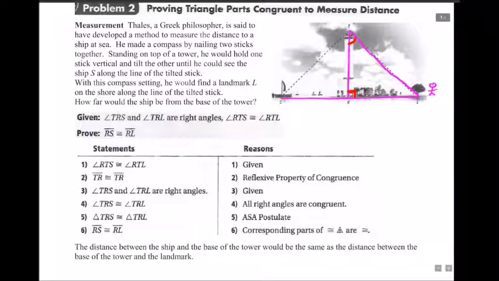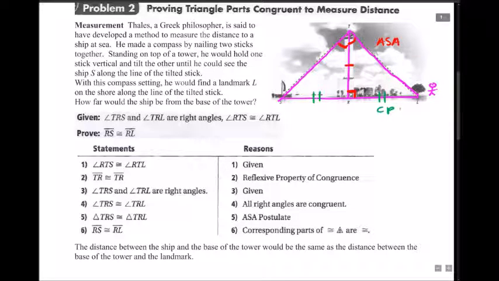And so he knew that because, right, we've got reflexive property. Do you see it? Angle, side, angle there. He knew that whatever this angle was, if he used that same angle over here to see the ship, that the result would be that these 2 would be congruent. So he used angle, side, angle to make these 2 triangles congruent, and then he knew that